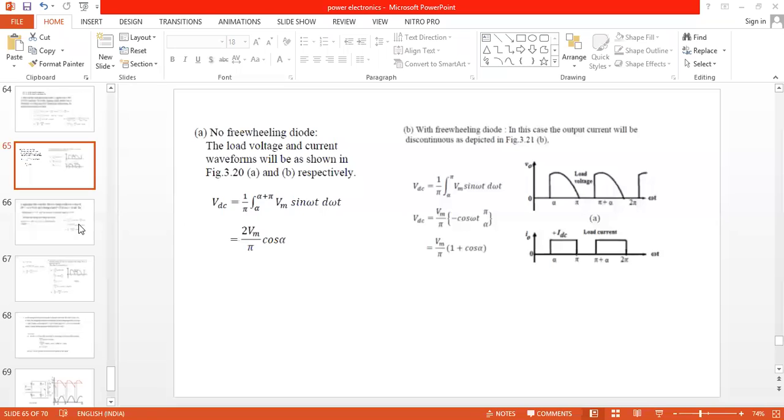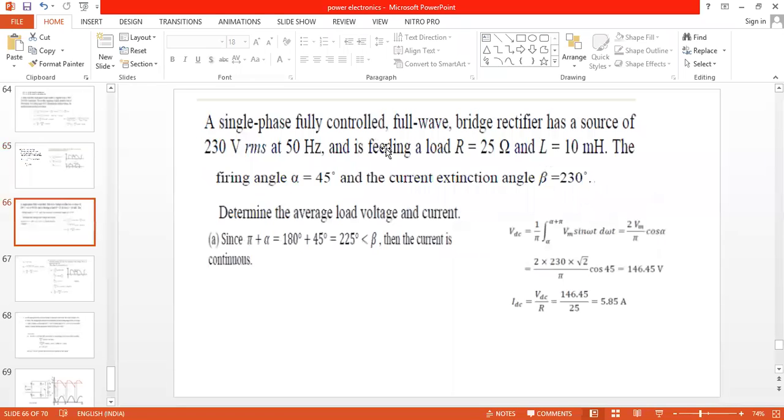Now I just move on to the next problem here. Okay. So similar problems we are having. Come on, all of you. So what is beta? Just now in the animation I have shown you, beta is equal to pi plus alpha. I'll explain once again, what is the beta actually? At omega t equal to pi, the current should be equal to 0, but current will be 0 after omega t equal to pi, which is called 180 plus alpha, which is taken as beta.